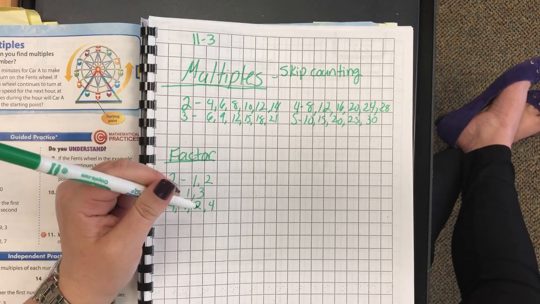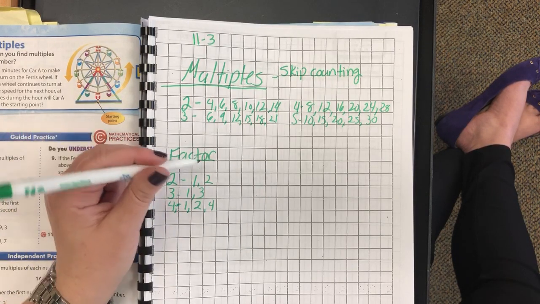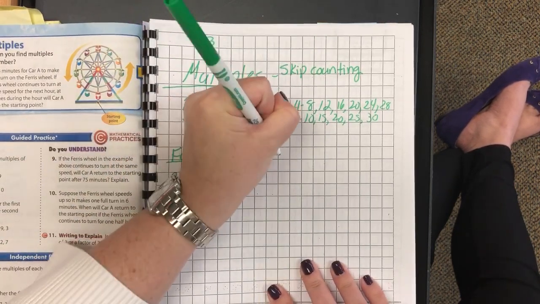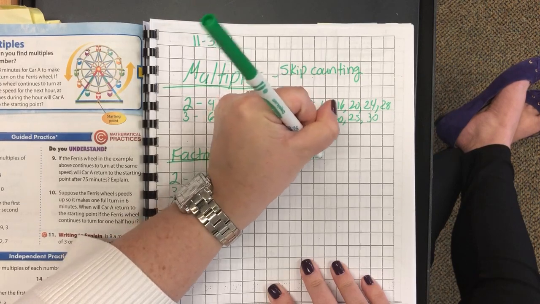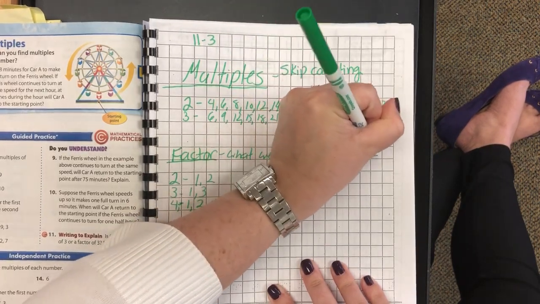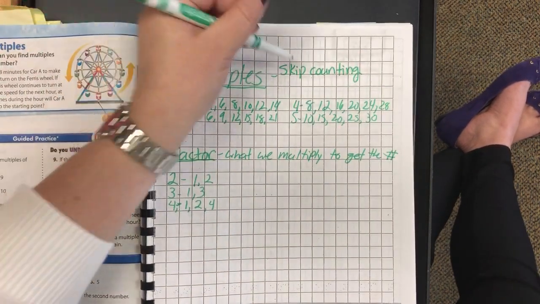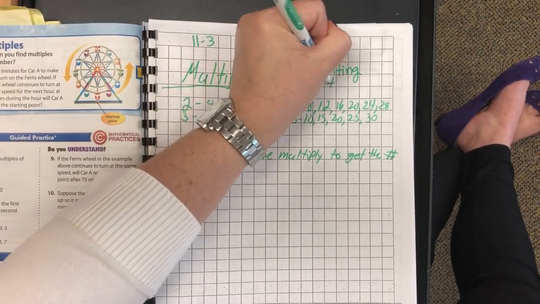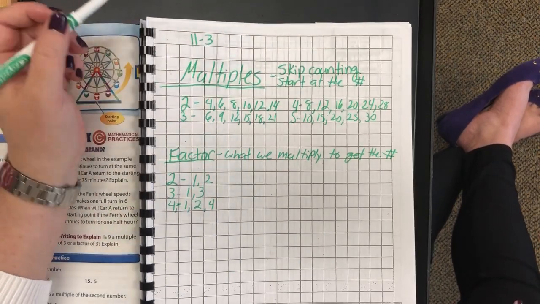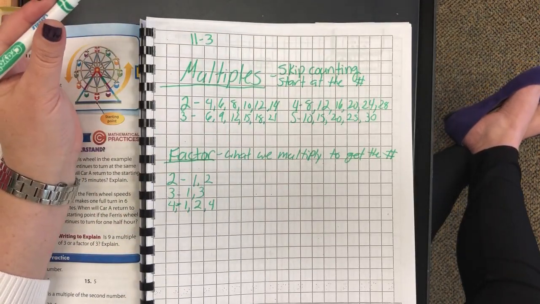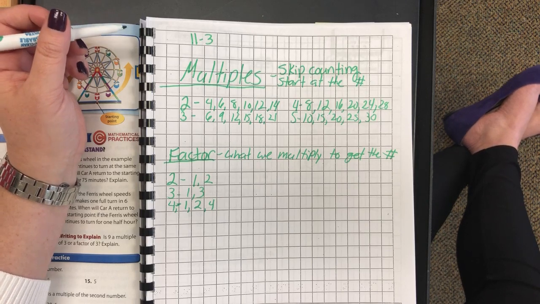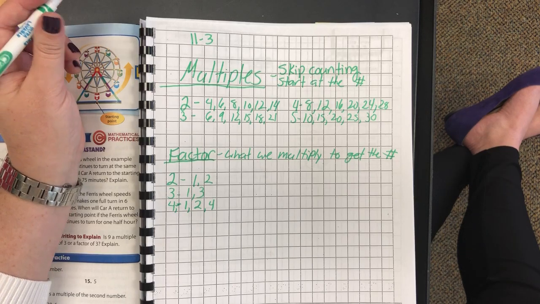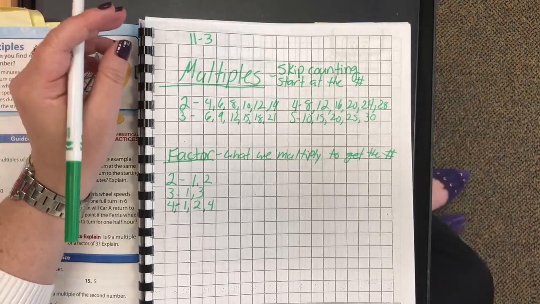Factors are what we multiply to get the number. Multiples are skip counting, and we start at the number. So multiples of 2, I skip count on from 2: 2, 4, 6, 8, 10, 12, 14, 16. Factors of 2, what times what will equal 2? 1 and 2, okay? So if I'm seeing factors, a lot of times you'll see bigger numbers